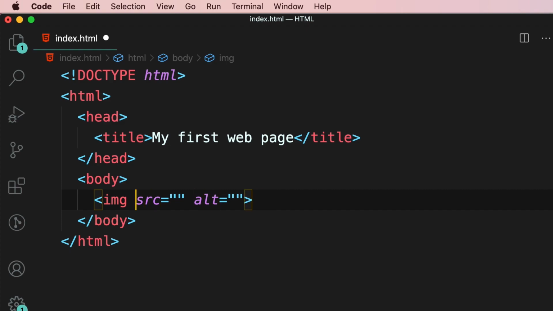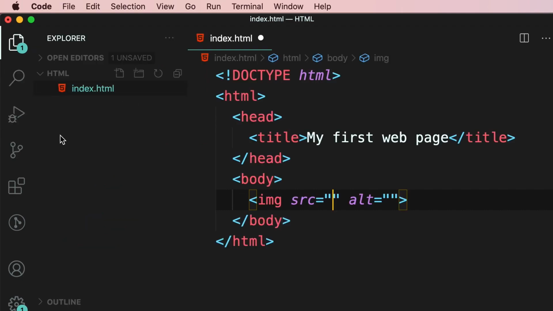Now, here we have two attributes, source and alt. With these attributes, we can supply additional information about an element. So we use the source attribute to specify the path to our image. So let's open up the Explorer panel one more time by pressing Command and B on Mac or Control and B on Windows. Here I'm going to create a new folder